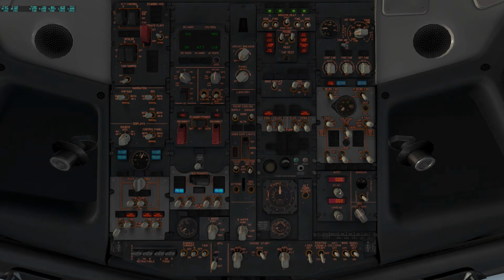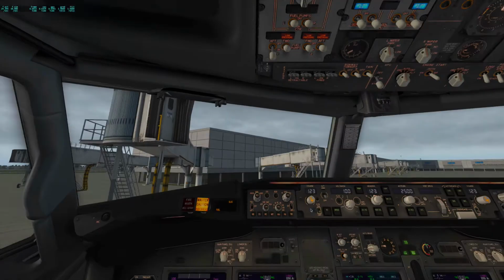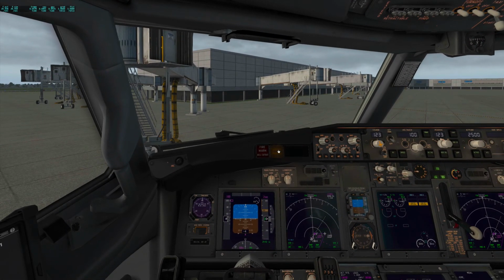And continuing down this side, let's put in our altitude, flight level 260. Landing is 650. We can turn off our master caution